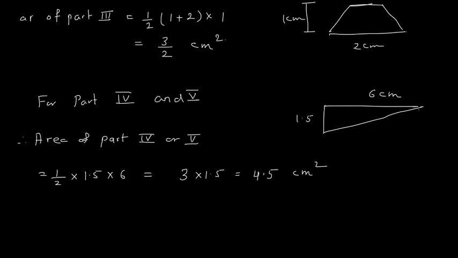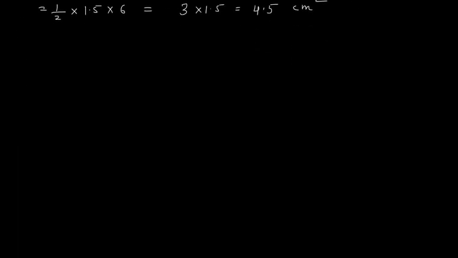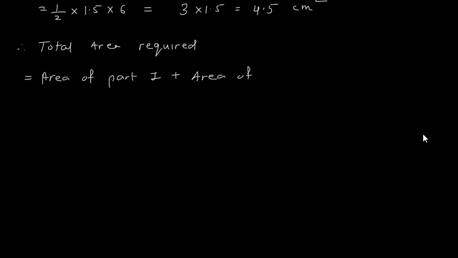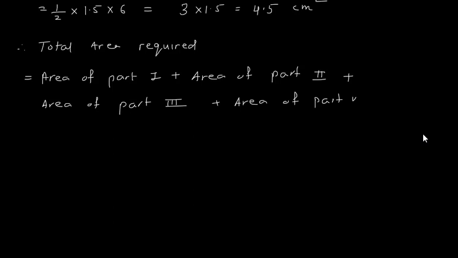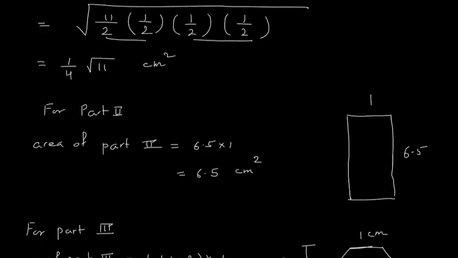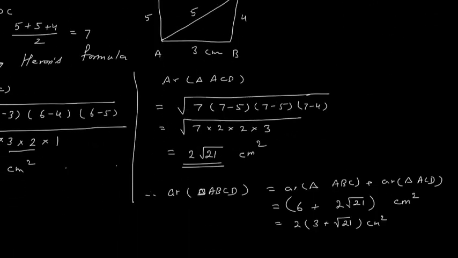Okay. Now I have calculated the area of all parts, so therefore the total area required is equal to area of part 1 plus area of part 2 plus area of part 3 plus area of part 4 plus area of part 5, which is equal to, now we will see, area of part 1 we got as